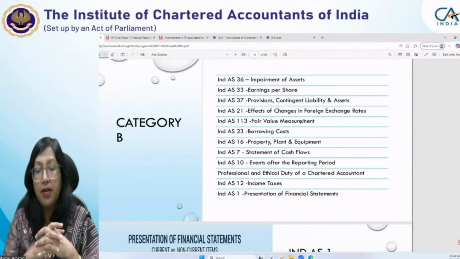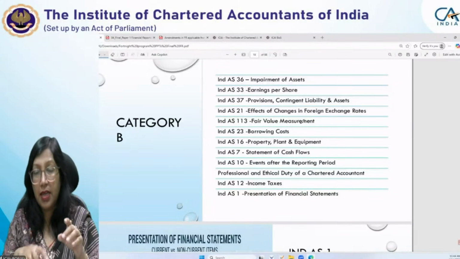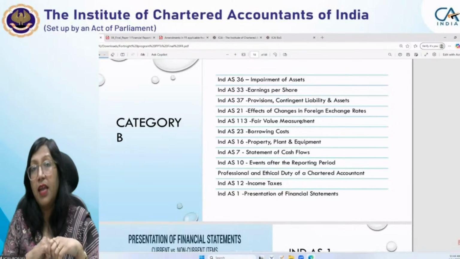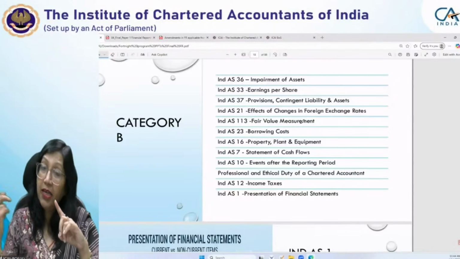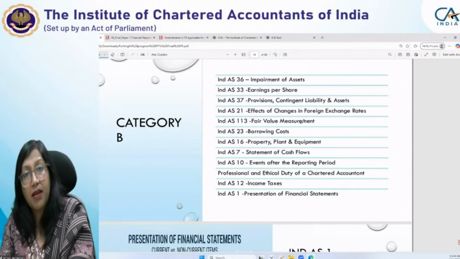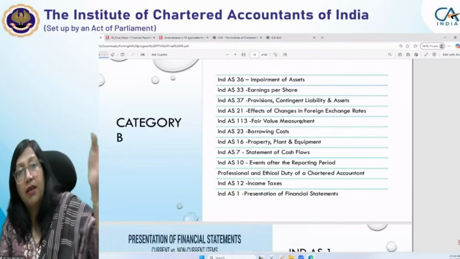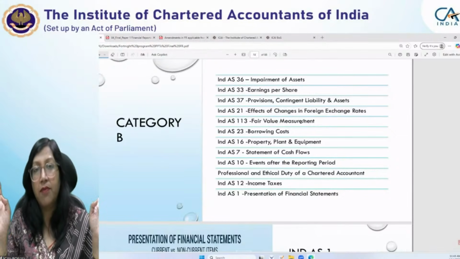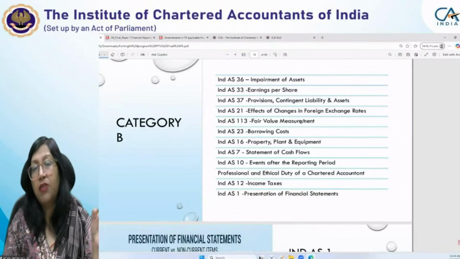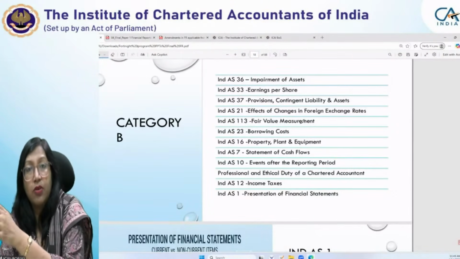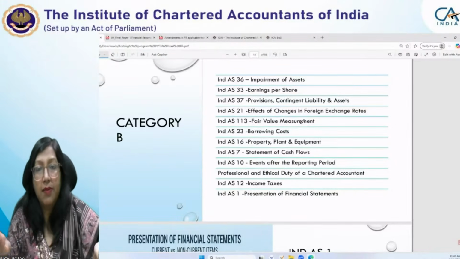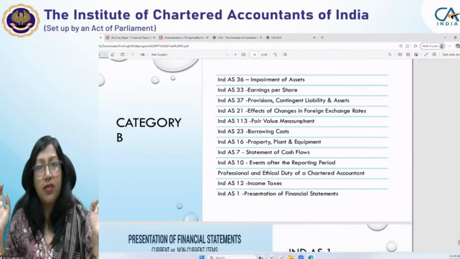एक सिंपल सी ट्रिक फॉर इंडियस 12 इनकम टैक्सेस के लिए, अगर आपके डिफरेंस का डेबिट बैलेंस आता है, तो इन दैट केस आपका डीटीएल बनेगा, लायबिलिटी बनेगी, क्रेडिट में जाएगा। ठीक है। और अगर आपका डिफरेंस क्रेडिट बैलेंस है तो उस पे आपकी डिफर्ड टैक्स एसेट बनेगी। ये एक मंत्रा है, बिल्कुल आप कभी भी टेस्ट करके देखना। जब आपका डिफरेंस डेबिट होता है तो आपकी डीटीएल बनती है, और जब आपका डिफरेंस क्रेडिट बैलेंस होता है तो आपका डीटीए बनता है। ठीक है। लॉसेस हो रहे हैं आपको